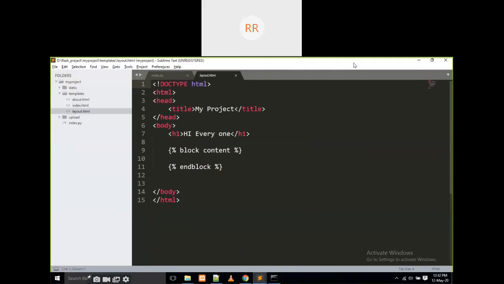What is the purpose of layout.html? If you want to tell the answer, just unmute, no problem.